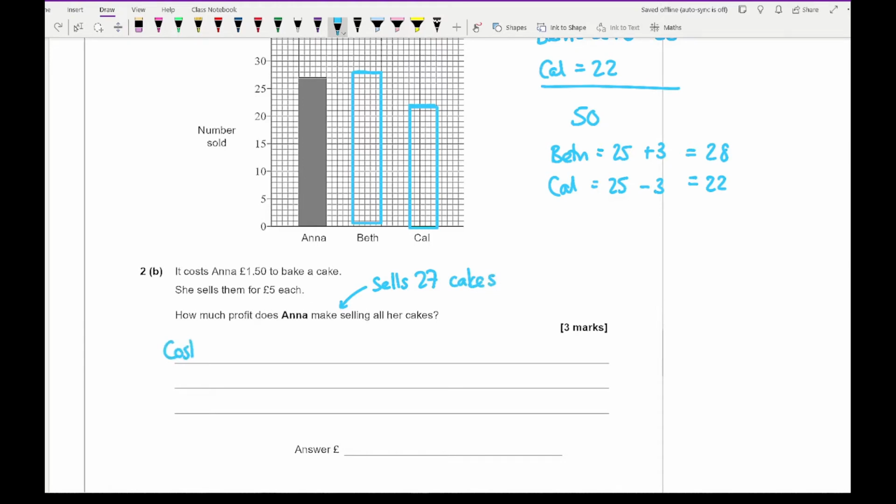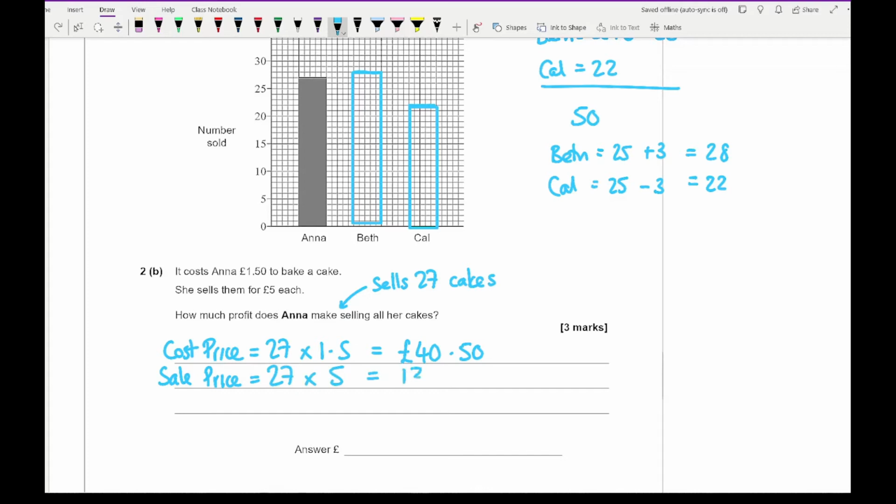So the cost price is going to be 27 times 1.5. And if I either work that out analytically by using a piece of paper or by using a calculator, it should come out to £40.50. Now, the total sale price that she makes, or the income, is going to be 27 times 5, which